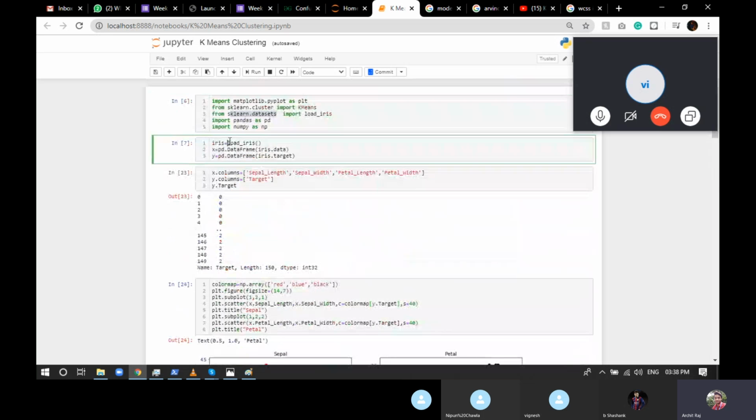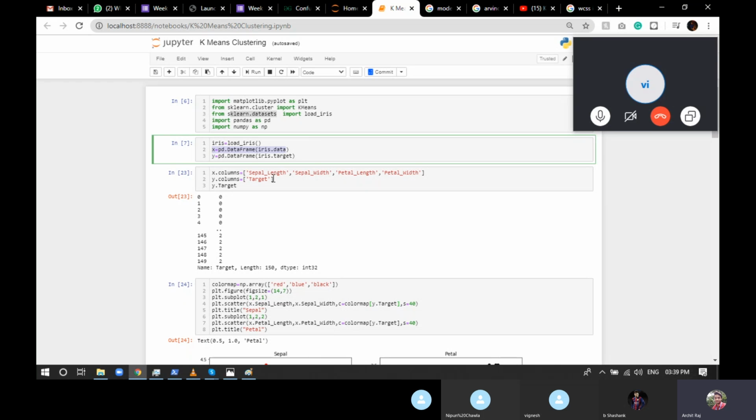Now what we do is we load the dataset using the load_iris function. We got the data into iris. Now we have to make it into a data frame. Now x is equal to pd.DataFrame(iris.data), y is equal to pd.DataFrame(iris.target). So x will have the data and y will have the target. Now if you remember, last time what we used to do, pd.DataFrame(iris.data, columns=...) with the column names, and so on, to make it look like a whole dataset. We didn't do it here.